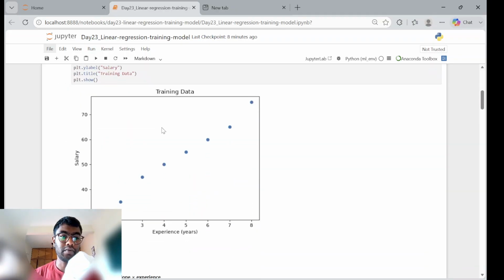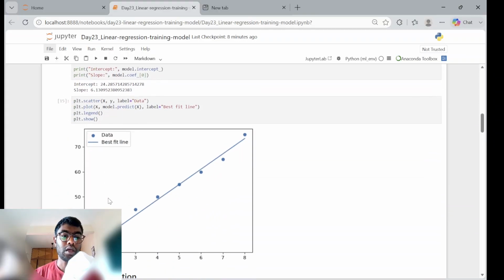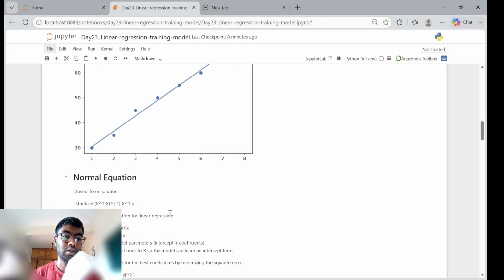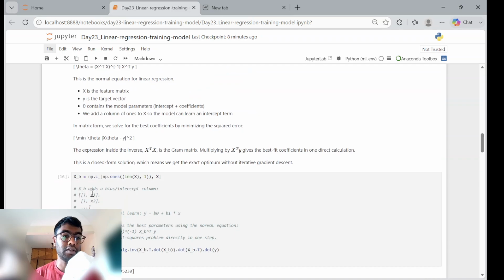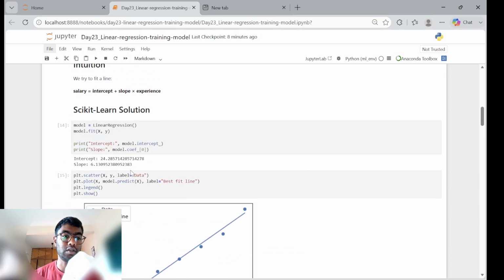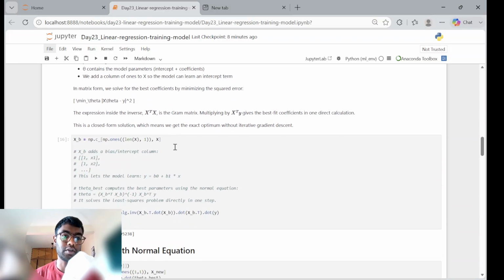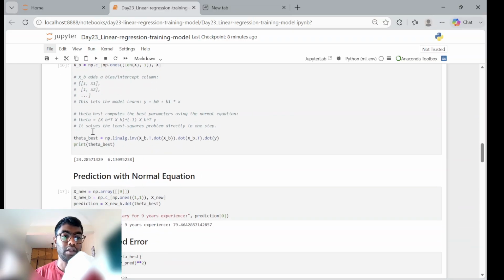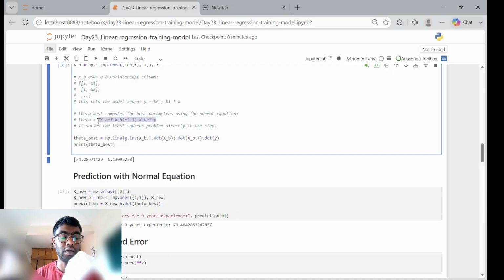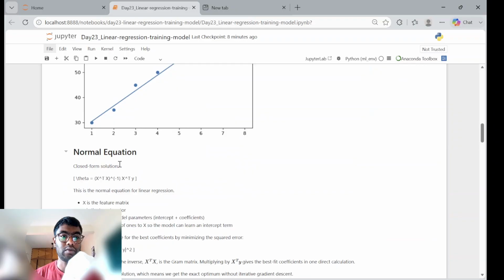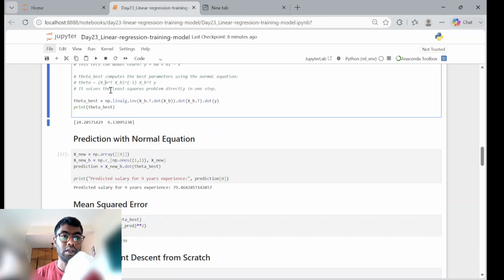Consider we have x and y coordinates such as these. We try to have a simple line or a best fit line, something like this, even though there are points outside this line, right? So, a normal equation that we can come up with for such a linear regression problem, is how it works under the hood. We have a formula something like this, where matrix x would be all the points that are being mapped for these values, and we multiply it with x transpose and matrix x to the power minus 1, and again we